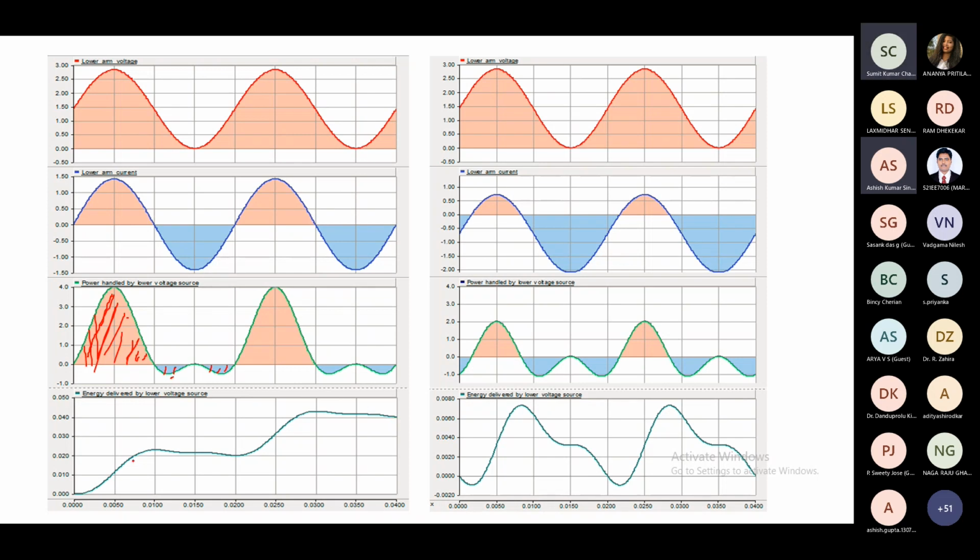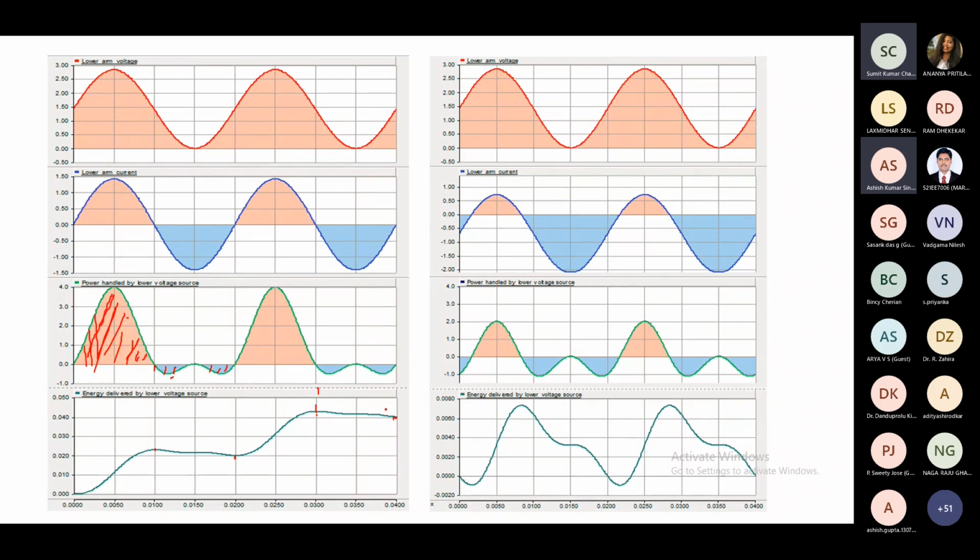So we can see that as we are integrating up to this instant, the integrator keeps on rising and then it starts falling up to this. Again, it is rising up to this instant as this is positive. So this is the net amount of energy handled, energy delivered by the source. So naturally it will discharge the capacitor. This simulation is done assuming that the capacitors are ideal or of infinite value, or that those are not capacitors but ideal sources, so these are finally delivering power. But it cannot do that. It's a practical capacitor, it will discharge. And what will happen? It will have a DC component.